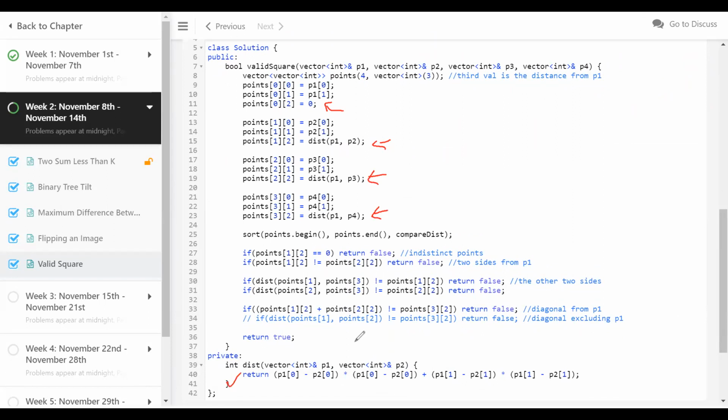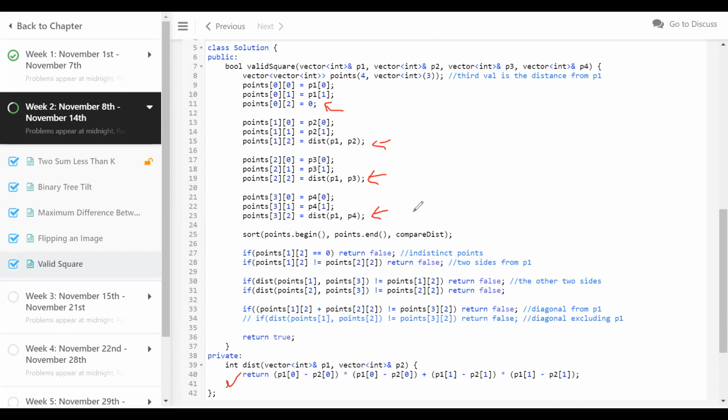Actually, this distance I'm returning is the square of the distance, not exactly the distance, but that should be fine. All right, so now I'm going to sort all these points. Obviously, the P1 point is going to be at the beginning because that is 0. Everything else is going to be positive, unless there is a point which is colliding with P1 itself. Actually, that's one special case they have given.